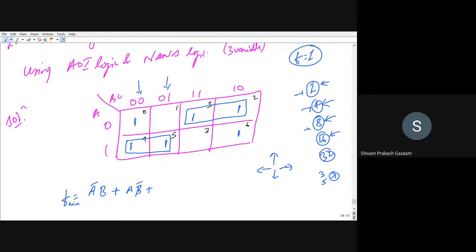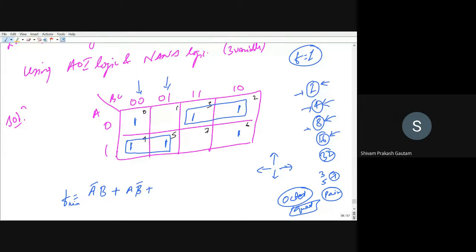Step number 4 says first you have to look for the bigger combinations. If an octet is there, go and pair it. If a quad is there, you can pair the quad as well, right? If a quad is also not there, then you can go for directly pairing. So you have to proceed in this way.